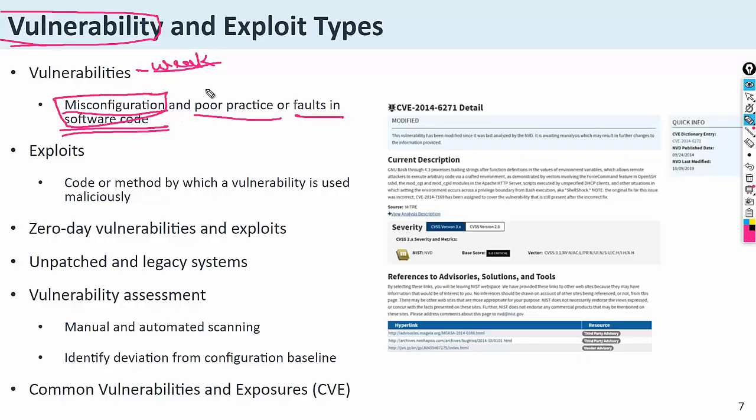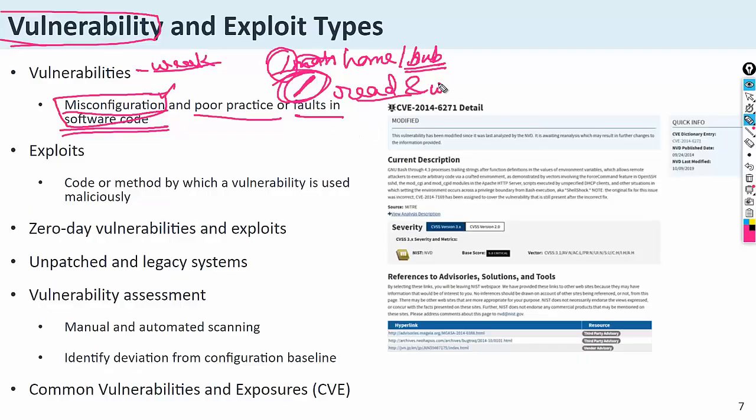For example, of a misconfiguration: you need to share the folder /home/pub, the public folder, but by mistake you shared the / folder. So this is the misconfiguration. Everybody can go inside the Linux system and they can delete any files, because it is also shared with read and write permission, all the full permission. So this is the misconfiguration and this is known as a vulnerability, or any type of fault inside the